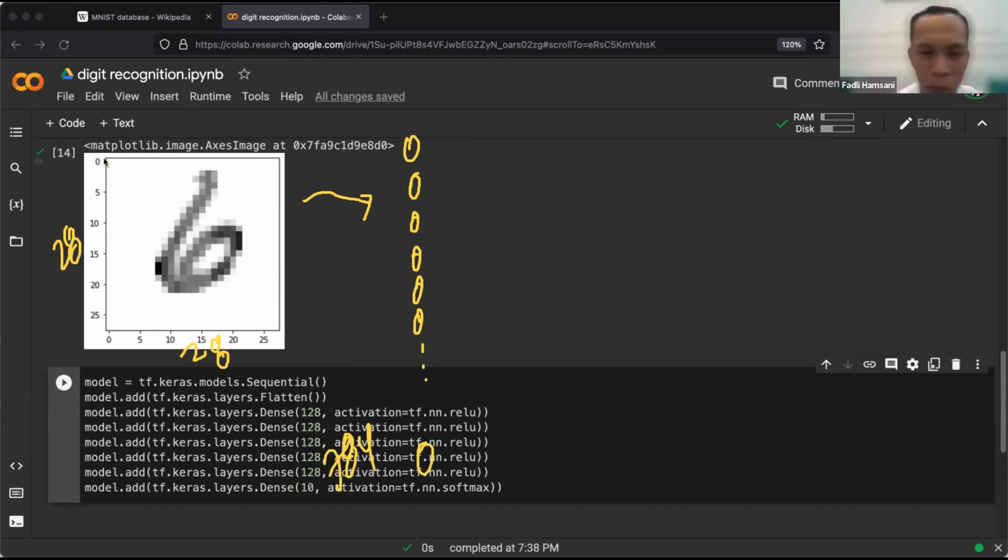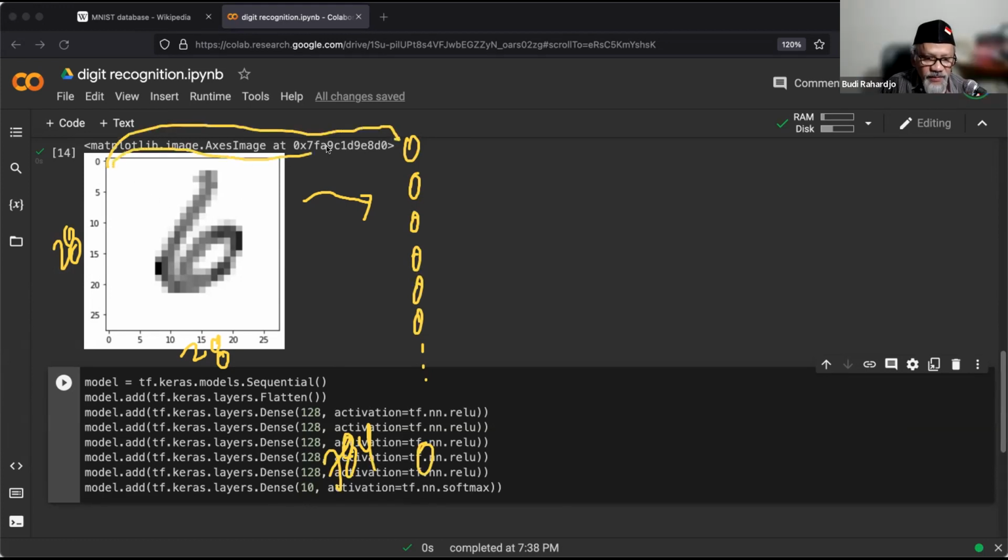So the first pixel is going to be connected to this, for example, ini pixel berikutnya, I don't know. Gitu ya. So each neuron is going to be connected to each pixel of this. Yeah, so this is what flatten does. Sampai di sini oke? Ada yang masih pusing? Okay, so this is our first layer.